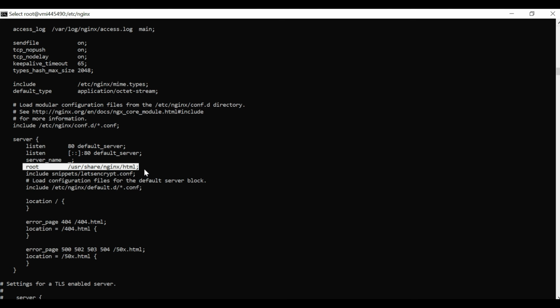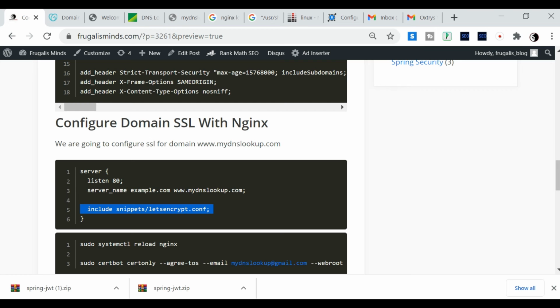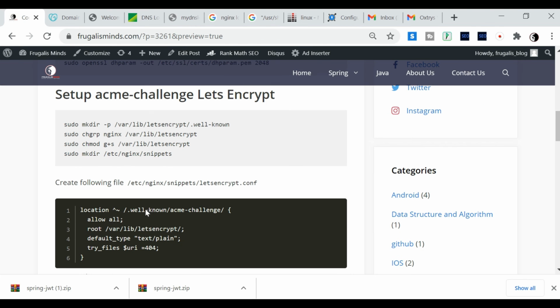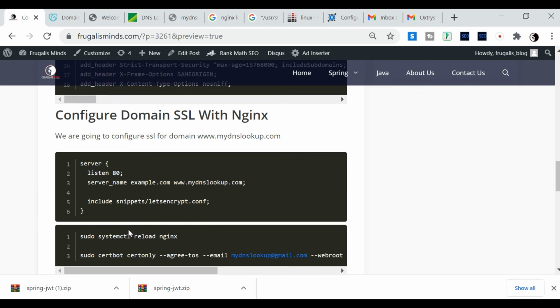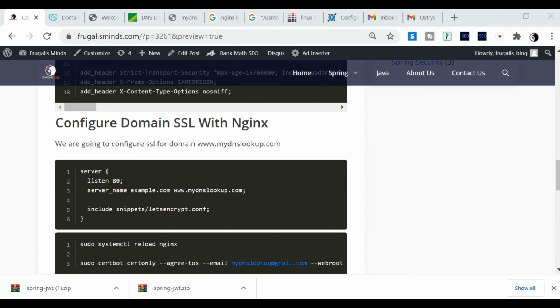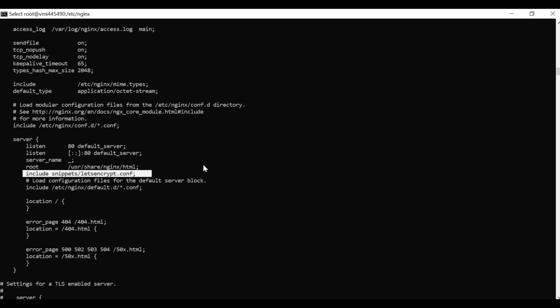So what I have done is I've just used the ACME snippet over here. If there is anything that comes in as an ACME challenge, it uses this configuration. If there is a URL with ACME/something, this gets picked up, and my location becomes /var/lib/letsencrypt. This is the location that I have given over here. This is how it picks up, basically. I will just update this document with the information. You can always go ahead and carry on with that.